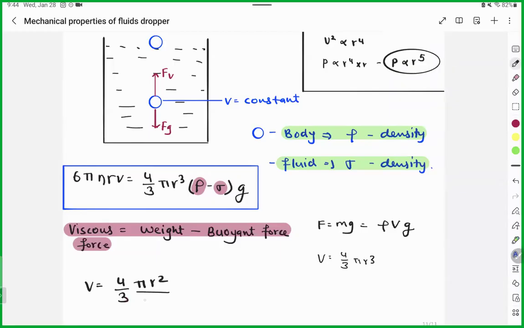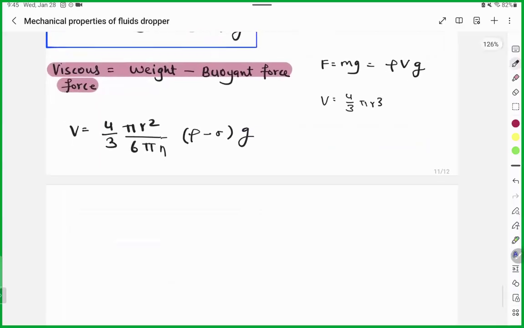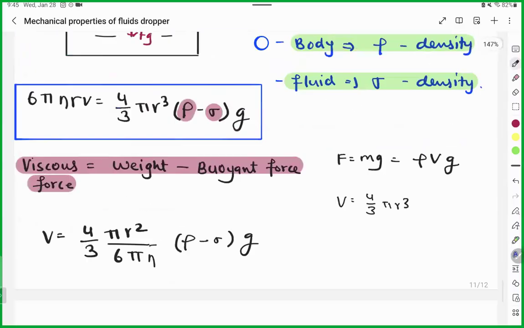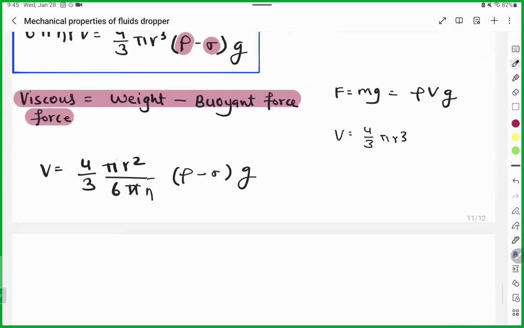Divided by 6 pi eta. Okay, pi cancels. 2 2s are 4, 2 3s are 9. So your final terminal velocity will be equal to V is equal to